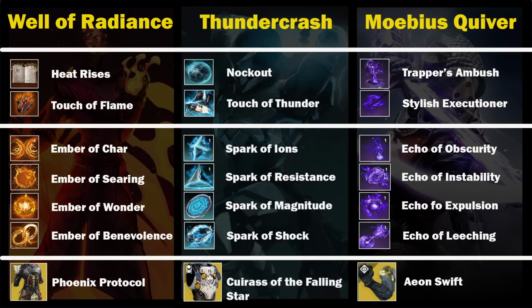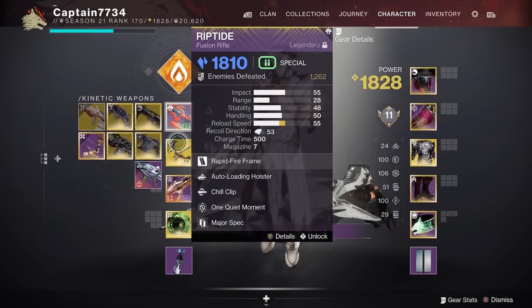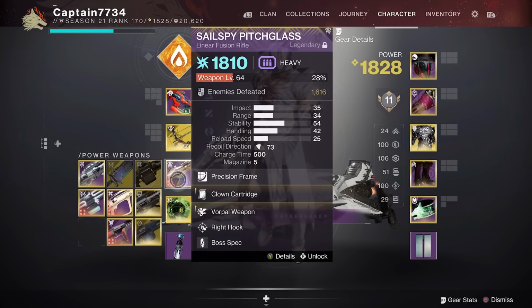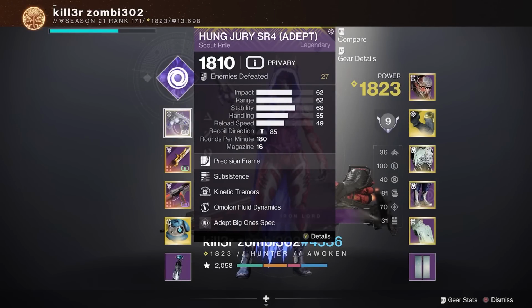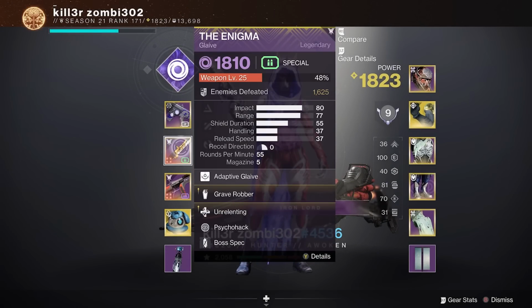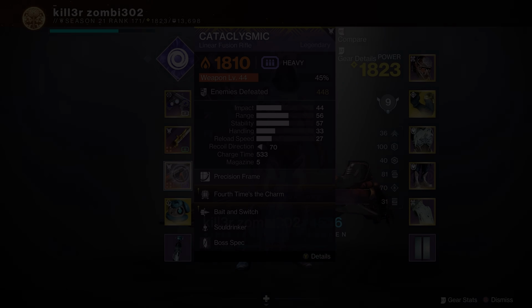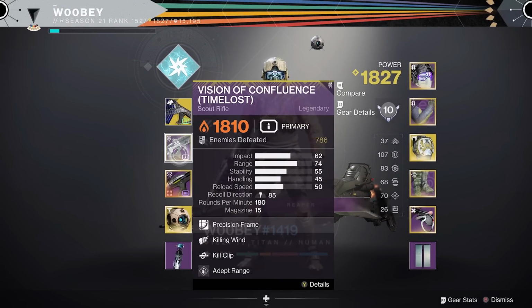Moving on to weapons, the Warlock ran a Riptide for stunning Unstops combined with a Le Monarch for stunning Overloads. Finally they had a Heavy Linear for long range damage. The Hunter ran a Scout for stunning Overloads along with a Glaive for stunning Unstops, and lastly they too had a Heavy Linear for DPS. The Titan ran the Bastion for stunning Unstops along with a Scout for stunning Overloads combined with a Heavy Linear